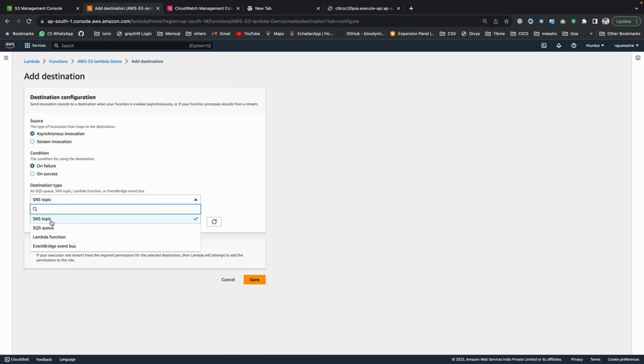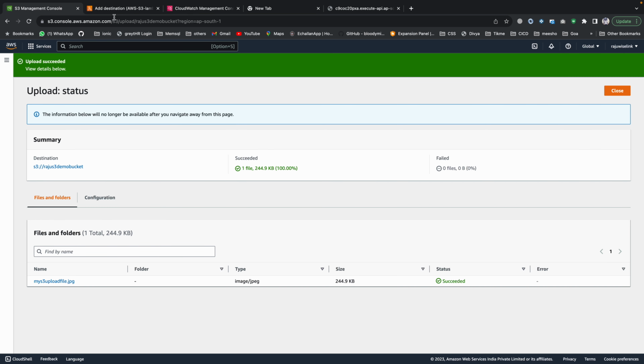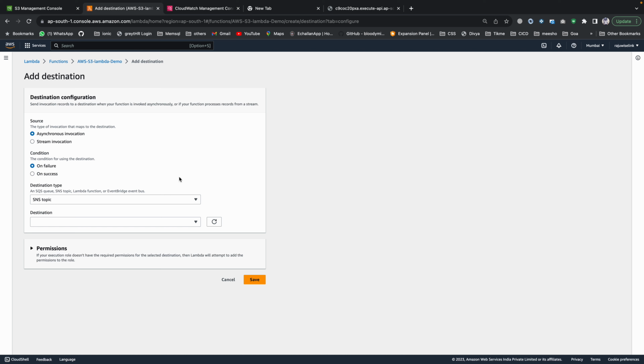Okay, so if you create an SNS topic, the topics will come here. So you can send this particular notification saying that an image is uploaded. So whenever image is uploaded into this bucket, if you want to send a mail saying that an image is uploaded in the bucket, so you can do that. Okay, so for that what you will do is you will